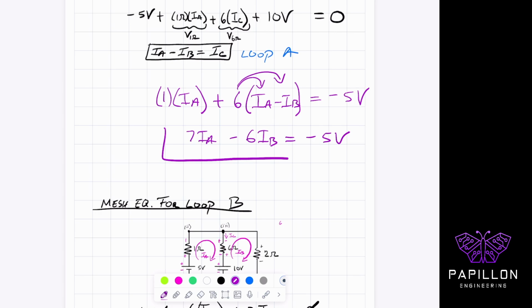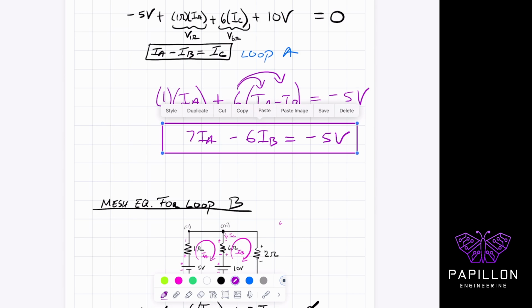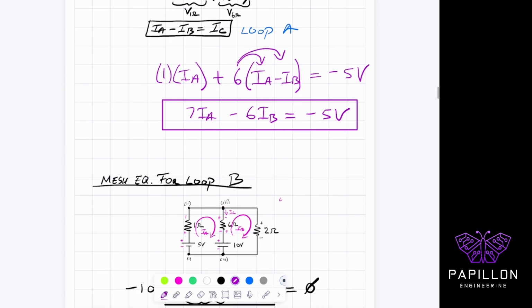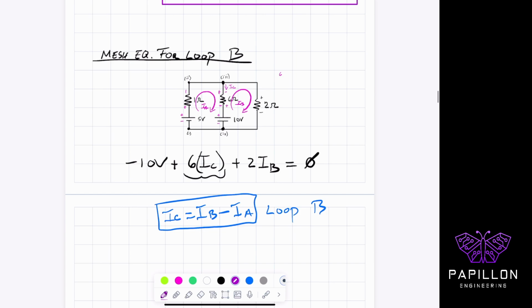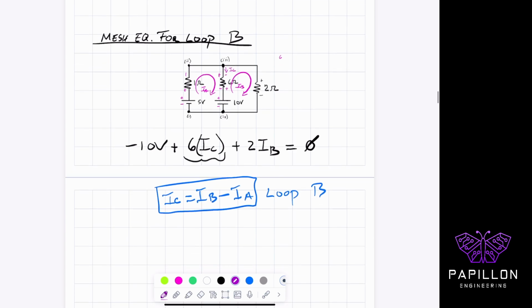And I finally have an equation that satisfies my first loop. Okay. And now we're going to repeat that again for the second loop equation. So I'm going to back this out. Now I'm going to have the 6 here, and wherever I have the IC, I'm going to replace it with IB minus IA